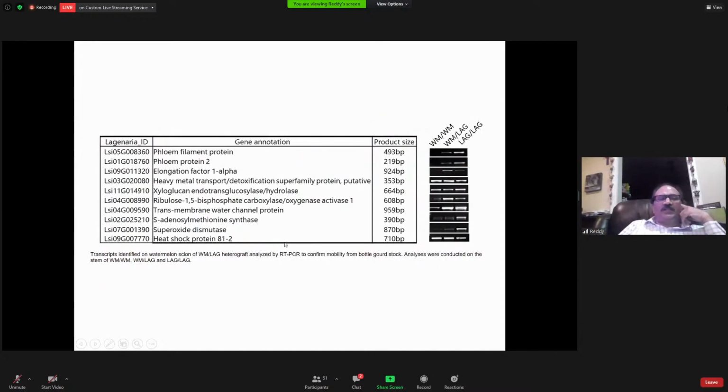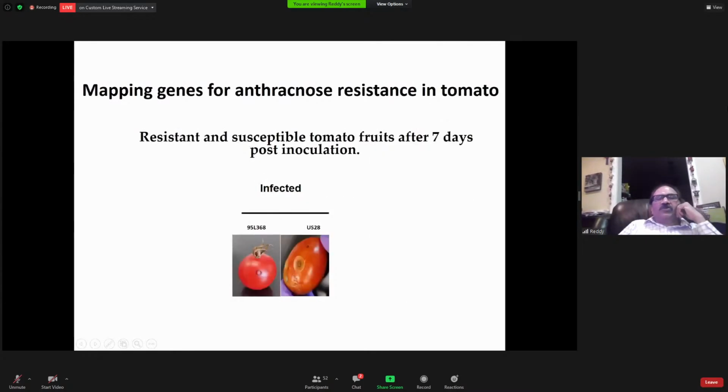So this is very intriguing, and we wanted to see whether it really happens gene by gene. If we analyze, yes, it does. You see, the watermelon does not have this transcript. You don't have anything here. But when watermelon is grafted on the Lagenaria, in the Lagenaria this gene is there. You see, this band is the gene transcript. And then you can see it in the watermelon fruit. So clearly the genes travel once you graft. So that was understanding a little bit about the grafting and the implication of that movement. Currently we are working on it.